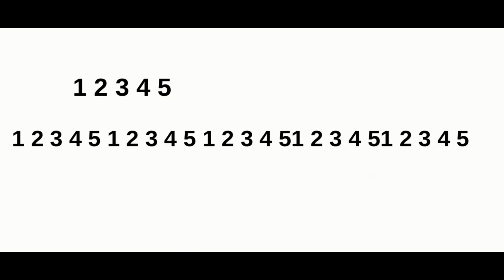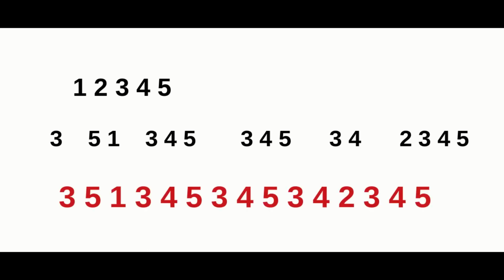Look here. This is a 5-digit number. Then this is a 25-digit number. This is repeated 5 times. Then I am going to remove 10 numbers from this big number. From this 25-digit number I am going to remove 10 numbers like this. Then here it is a 15-digit number. Let us bring these digits together, then we can like this.